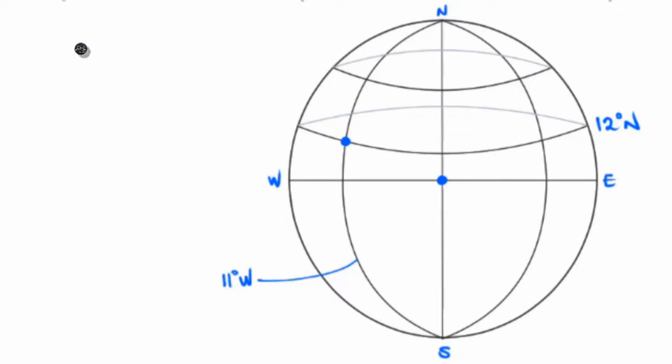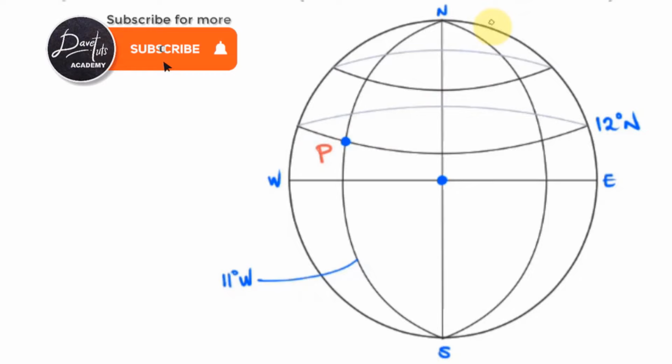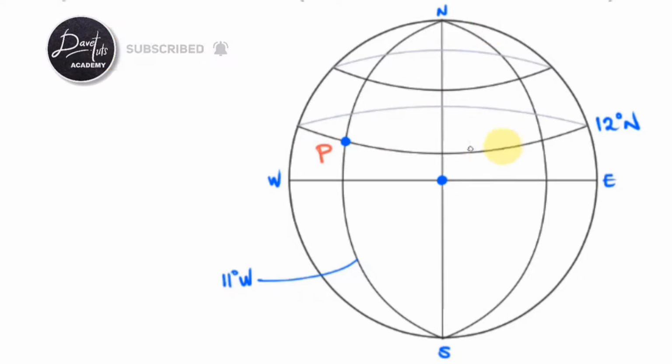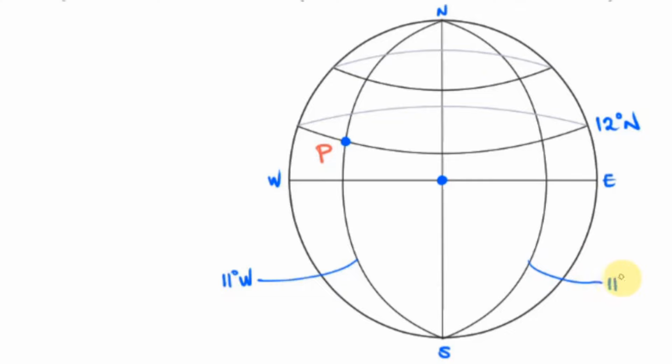So here you can just append this as point P, and then in the same way we can look at point Q. It is on the same latitude as P. That's why they are sharing 12 degrees north. But now Q is 11 degrees east as the longitude. So this other one to the east we can take as our 11 degrees east. And the point of intersection of this longitude and this latitude, which is here,